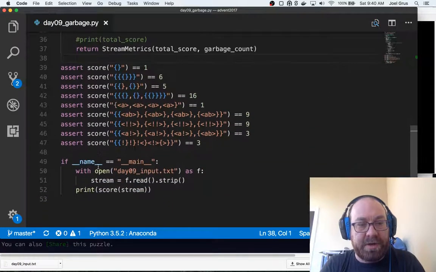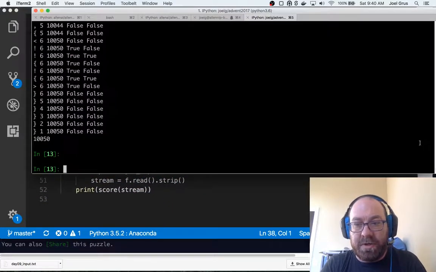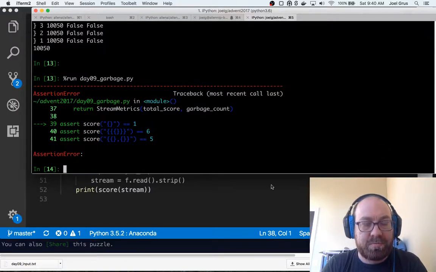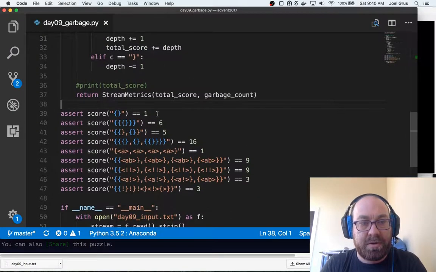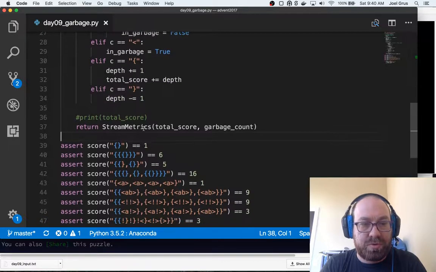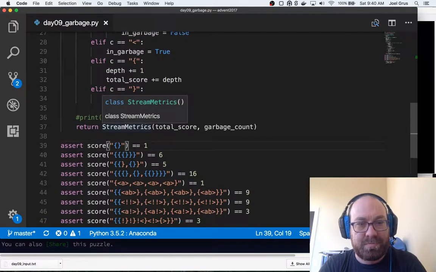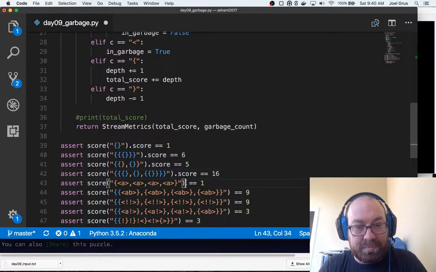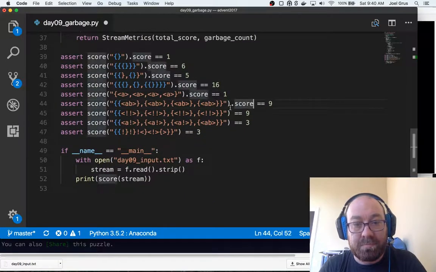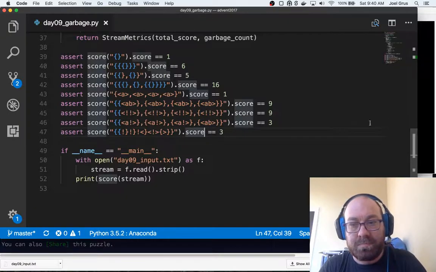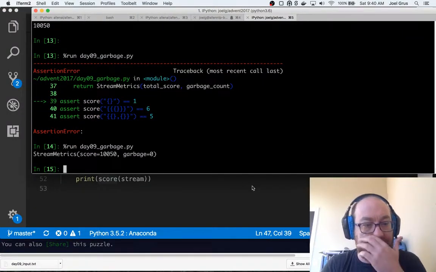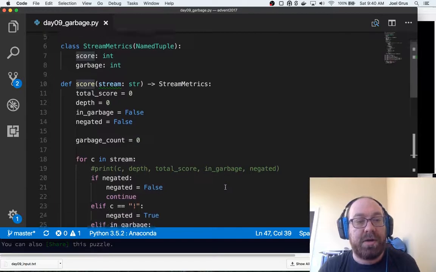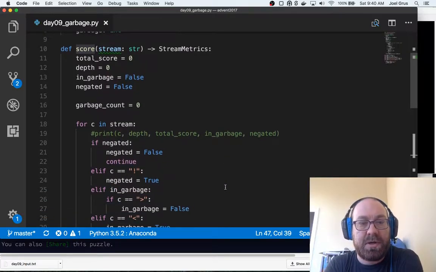So if I just run this now, it will break all these, which is fine. Okay, StreamMetrics, good. So I think we can modify this.